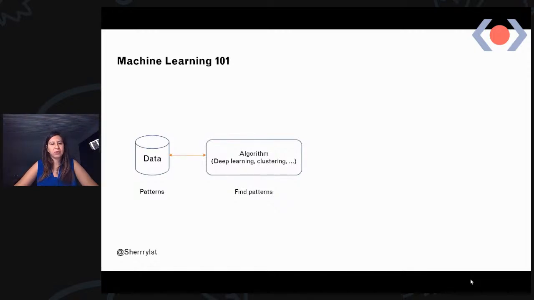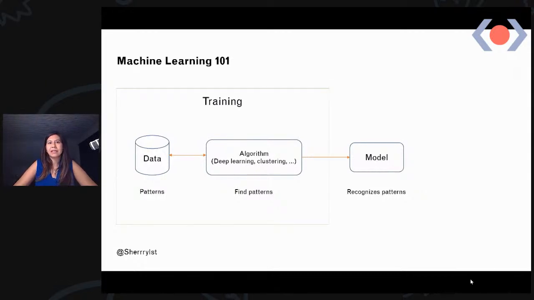You should go through it again and again until you have something called a model that recognizes the patterns. A model that tells you what a dog actually looks like. And this process is called training. You might have heard people saying that I'm training my model. It means they go through this process again and again to be able to find out, for example, what a dog looks like.